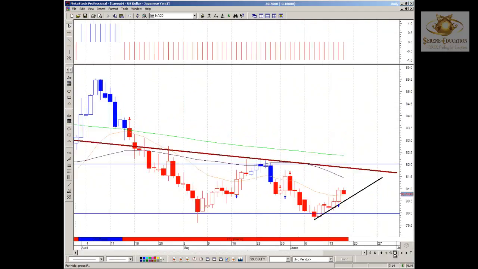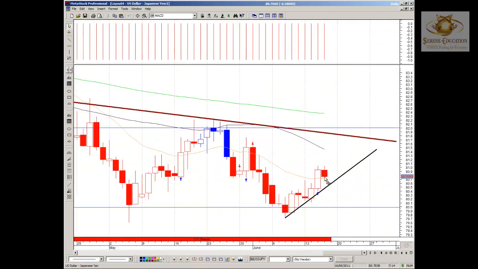You can see price is pulling back on the Asian market and European session open. If we could see price staying above the previous swing here, notice there's a previous swing here and support here. If price can stay above this area, above the 20 period moving average in this case, so let's just say roughly around the 80.75 mark, we could see a potential breakout, pullback, continuation in the direction